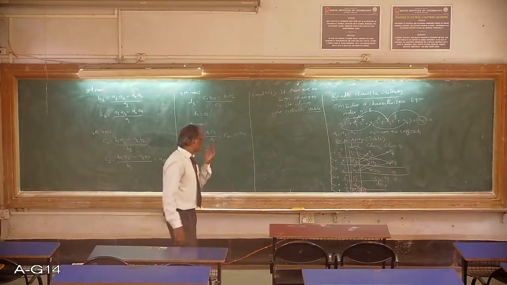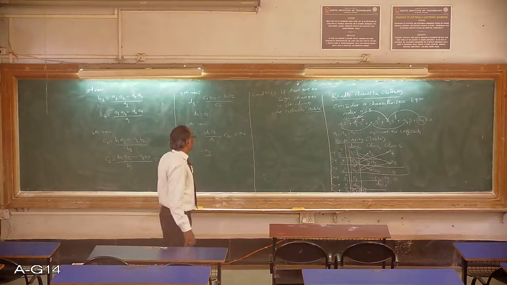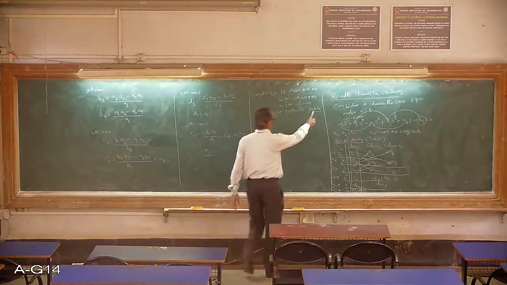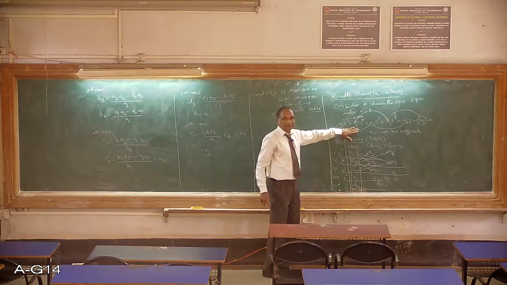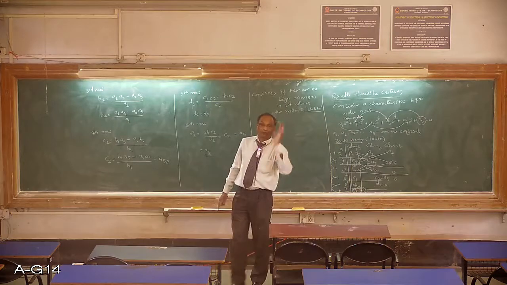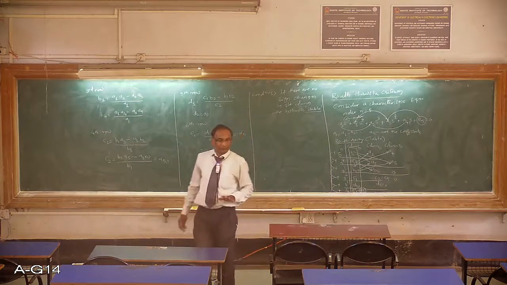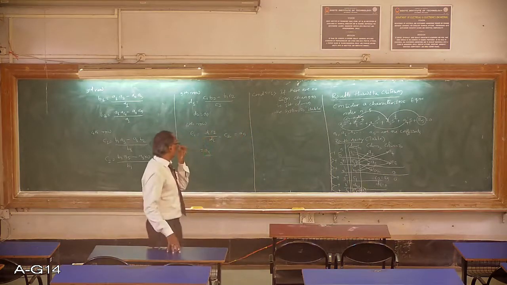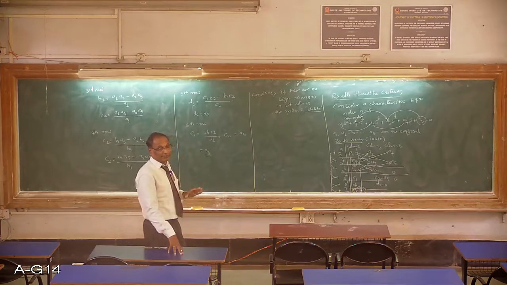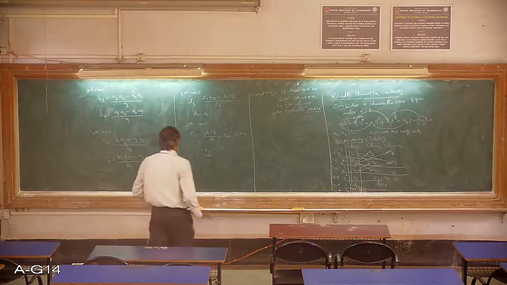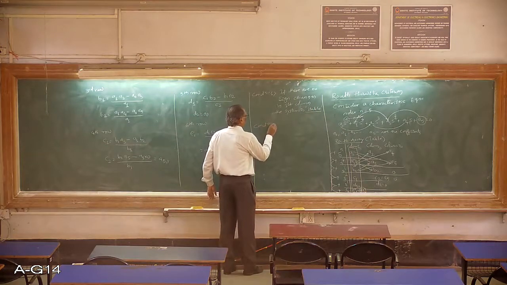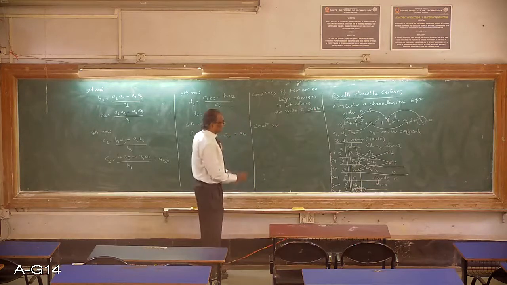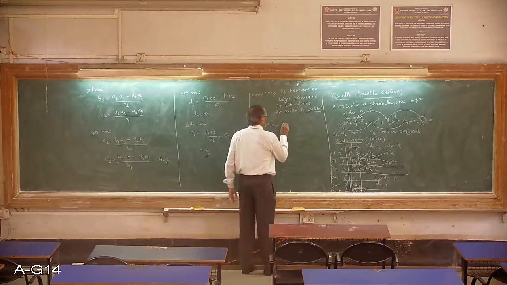No sign changes in the first column of the RH table means the system is stable, or we can say that all the roots of this characteristic equation lie on the left half of the S plane. When there are no sign changes in the first column of the RH array, the system is said to be stable. Now condition 2. What is the second condition? If there are any sign changes,